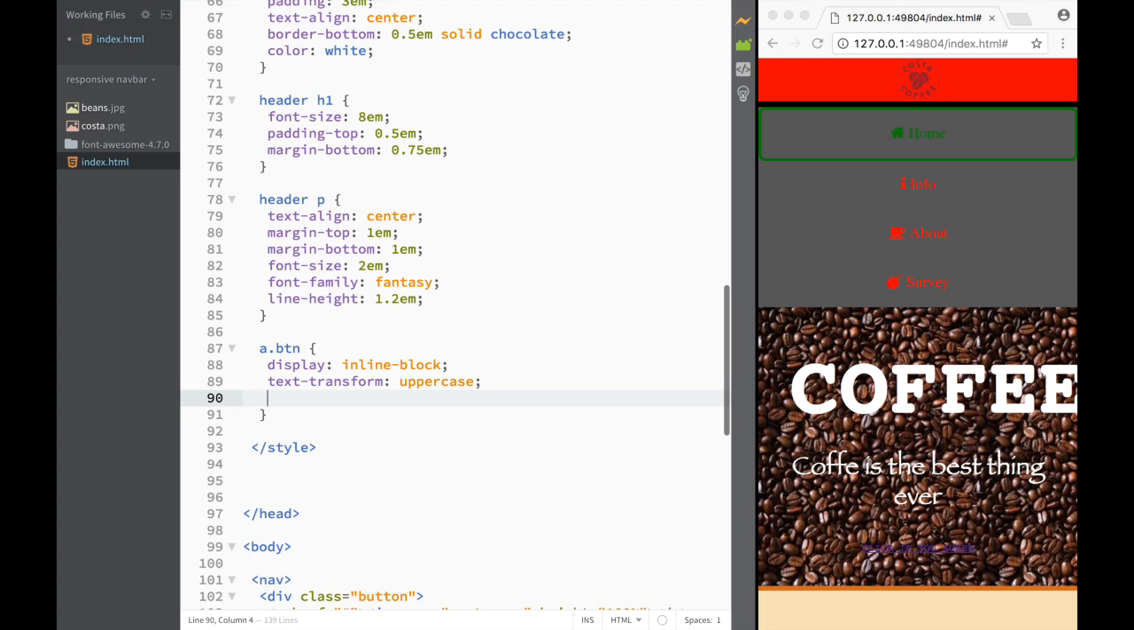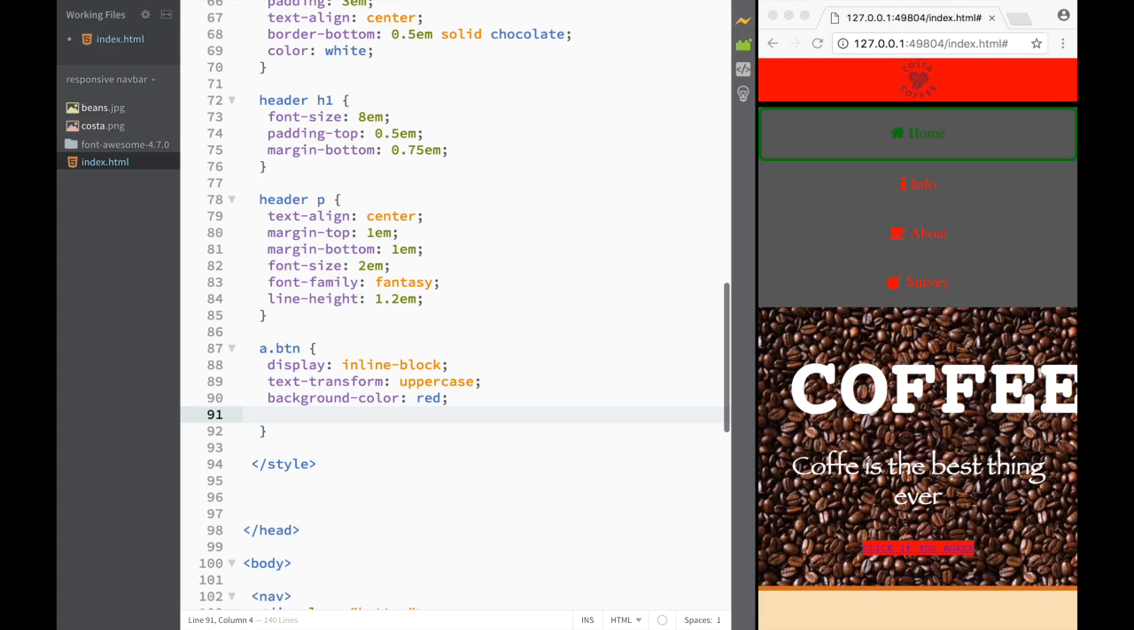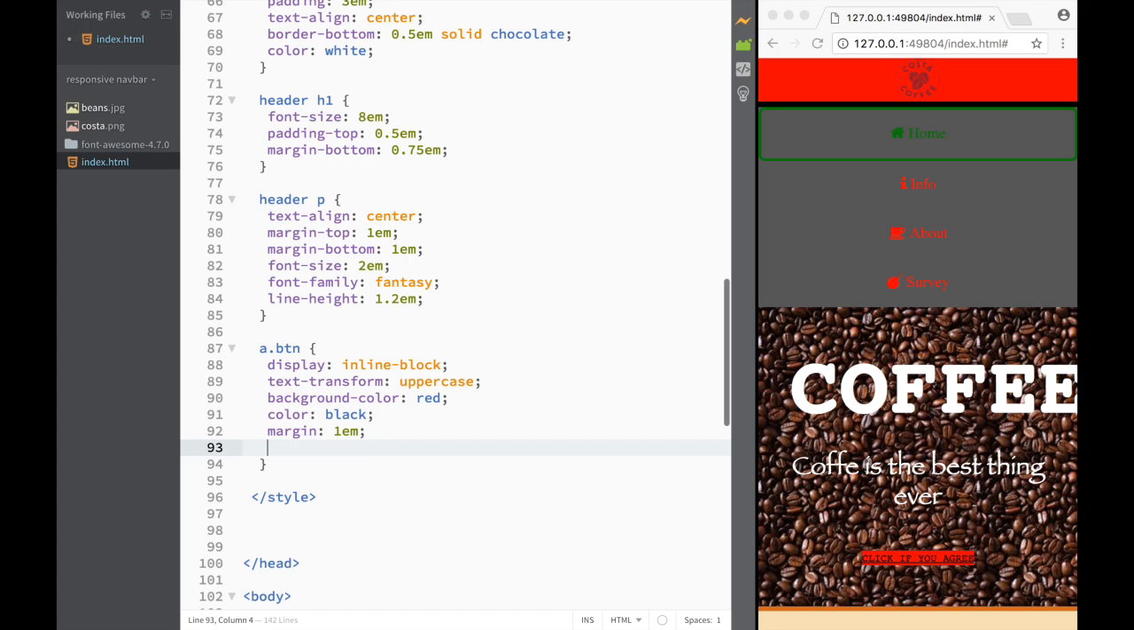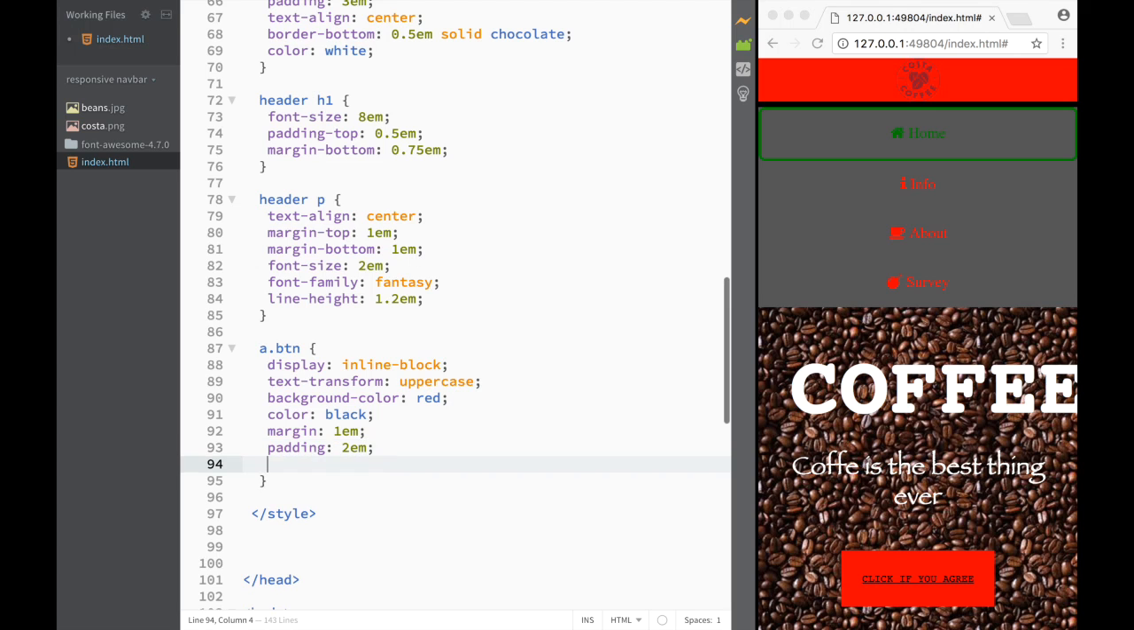And after that, we're going to say that this is going to be background color red. Background color, and it's going to be red. Now you can see that we have this nice background color. And then we would want the actual color to be black, the font color. So we're going to write black over here. And then we're going to say that it's going to have a margin 1 em, and then it's going to have a padding 2 em, right? So padding, margin, and after that we're going to say that text decoration is going to be none. So text decoration none